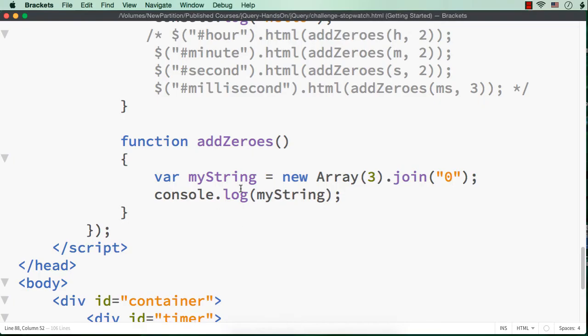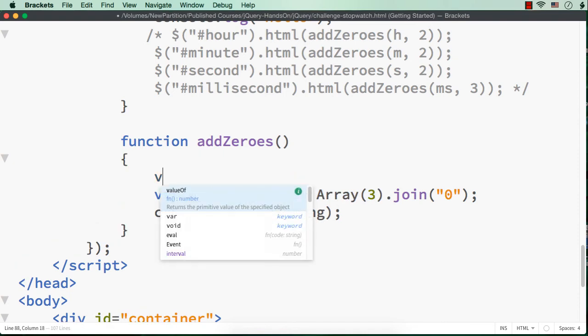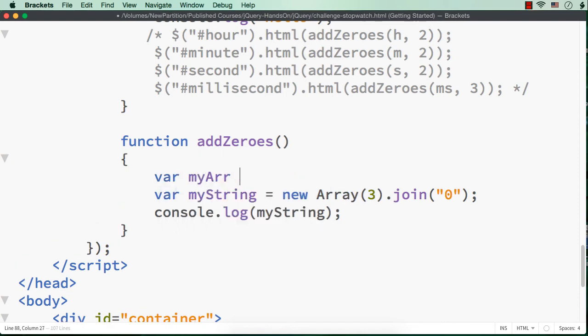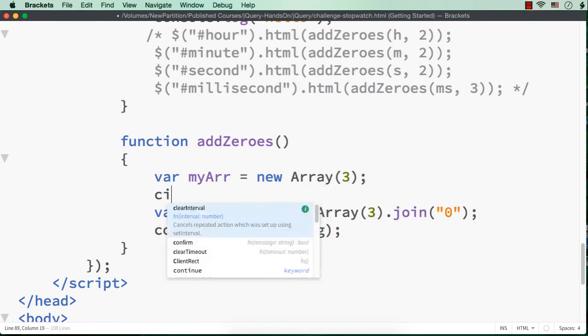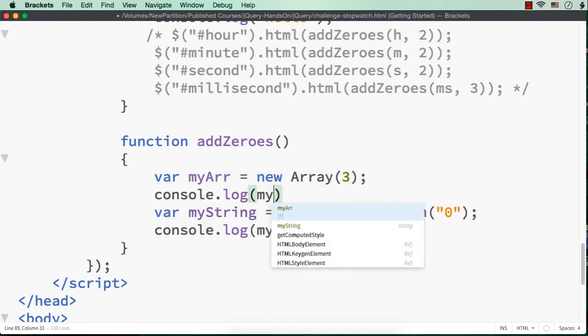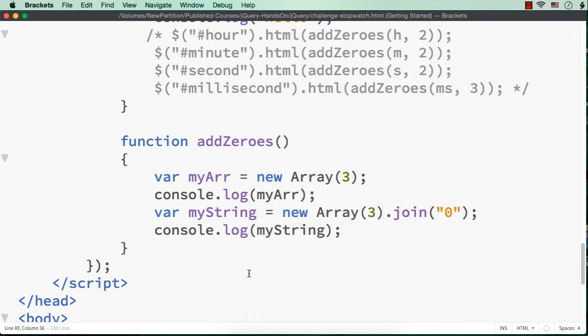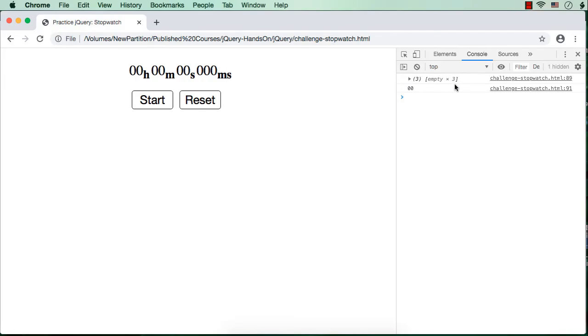So how is it working? When we create new Array(3), it will actually be an empty array with 3 spaces. That is, if I specify var arr equals new Array(3), and let me show you console.log my arr. Let me save this. See, it is an empty array having length 3.